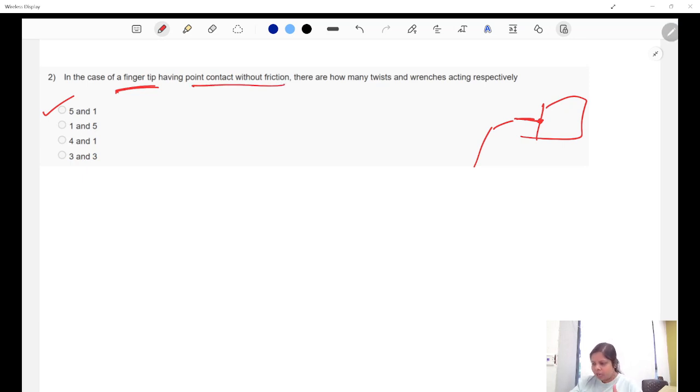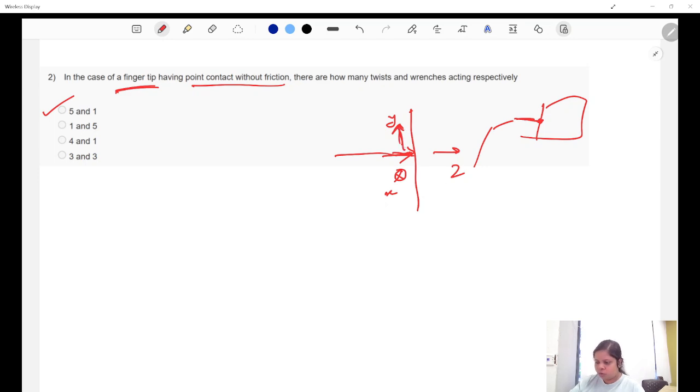So a point without friction means that if this is your application of force, you don't have friction in any of the directions, neither in this direction nor in the x direction, which could be, let's say, going into the plane, and then we can have the y axis. So this is your y, this is your x, this is your z. Let's say you don't have friction in any of these directions.